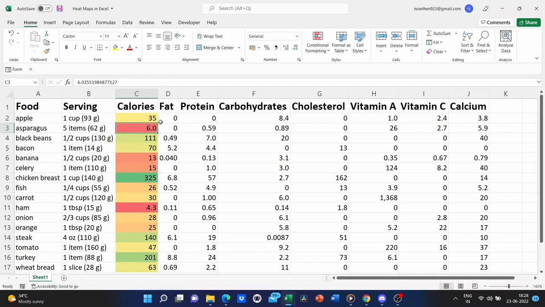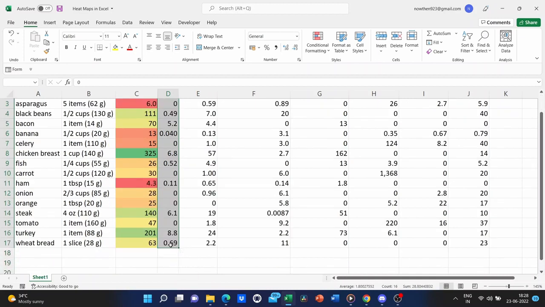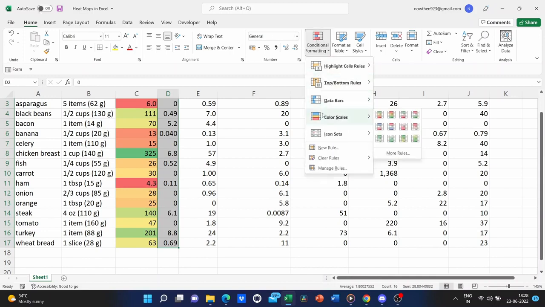Now I'm going to go ahead and do this for each of these columns of data. I'll just click and drag to select everything that I want to be compared with each other.